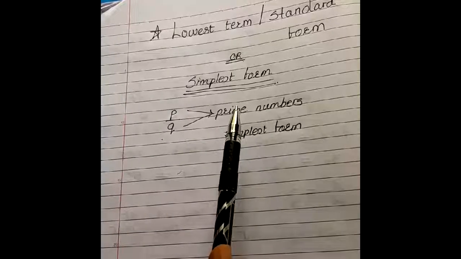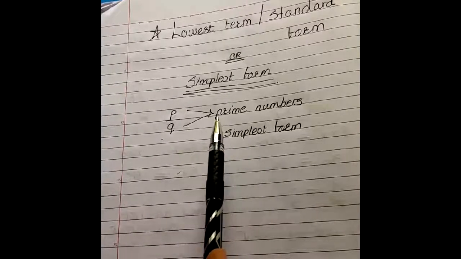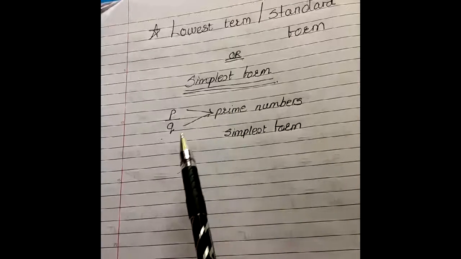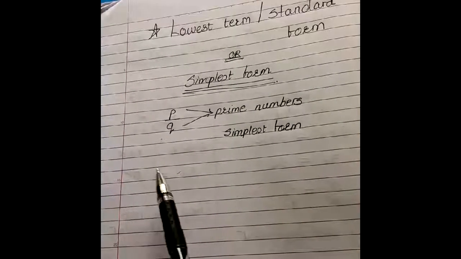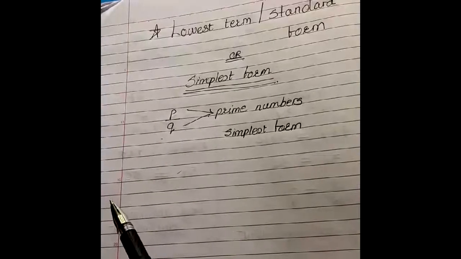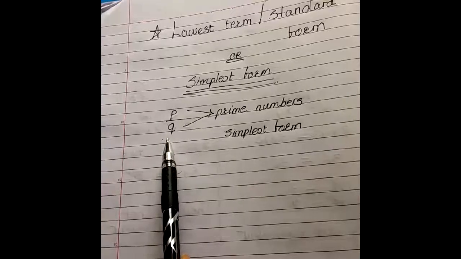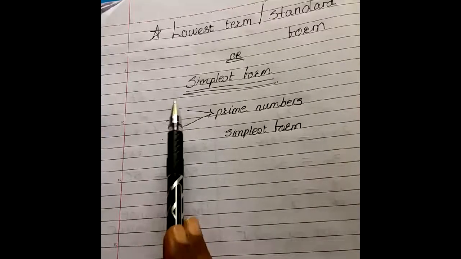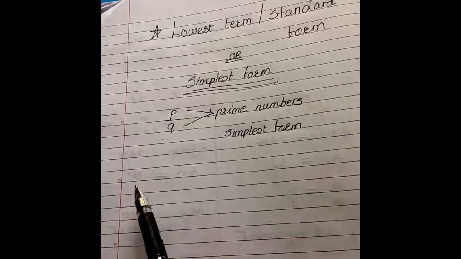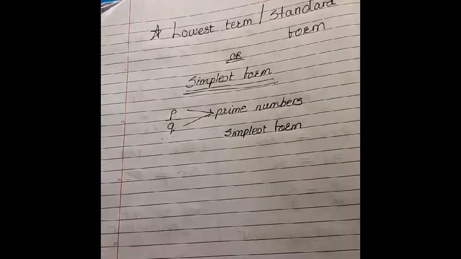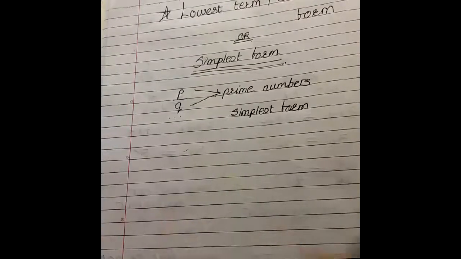don't have any factors. तो प्राइम नंबर को और छोटा नहीं किया जा सकता क्योंकि वो किसी और के टेबल में नहीं आते. So a rational number is said to be in simplest form when you have prime numbers in P and Q both, which means it is in its lowest form. All right. For example, अभी हम इसको lowest form दो तरह से कर सकते हैं.